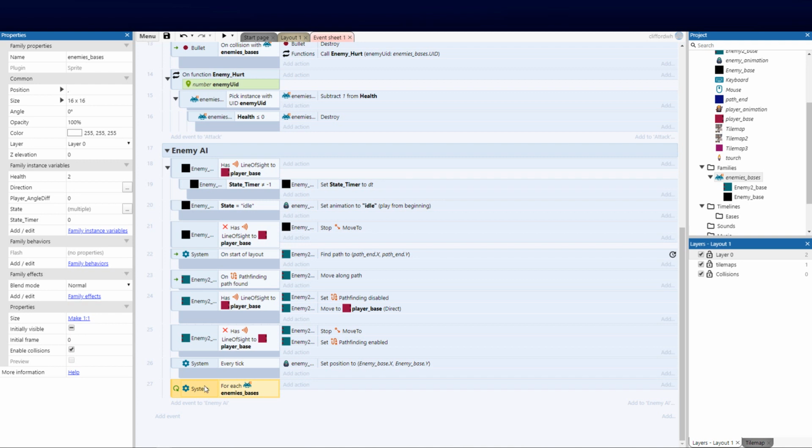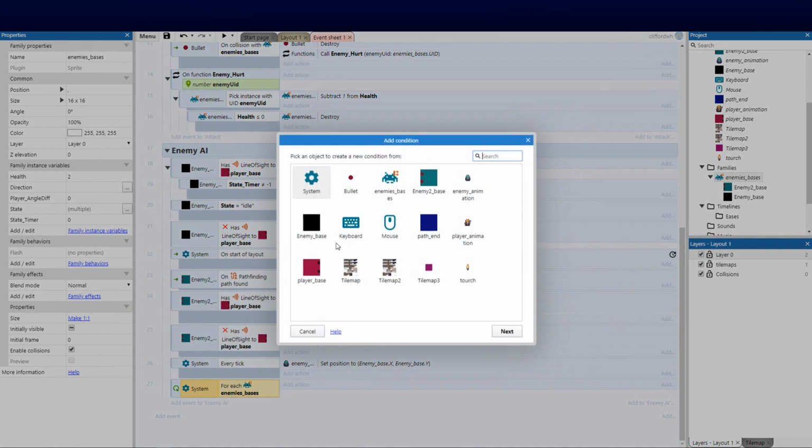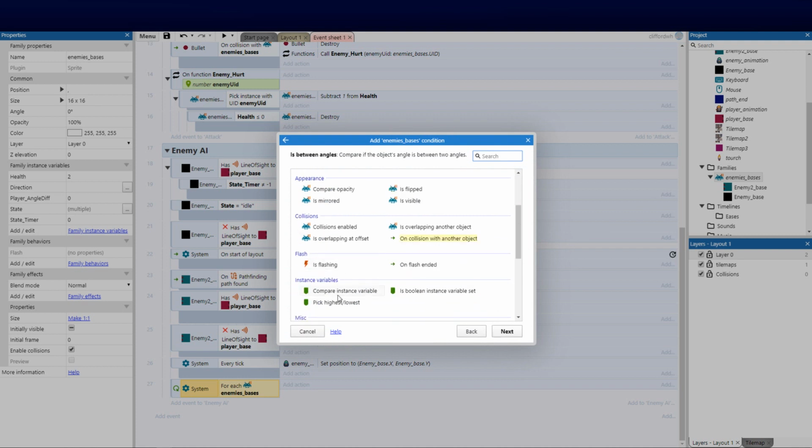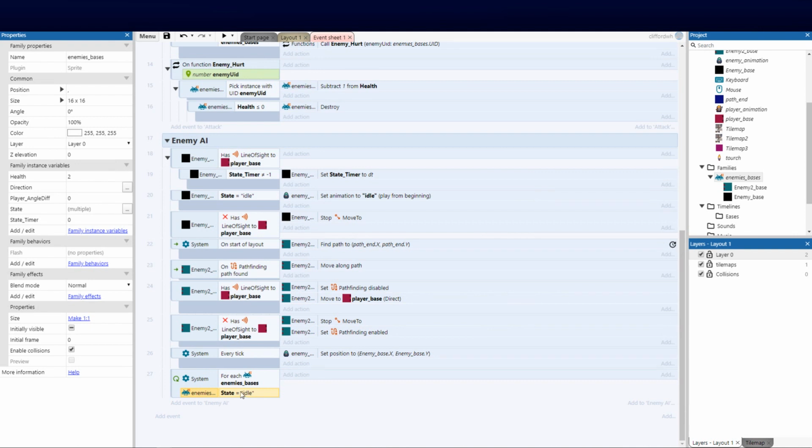I want to add another condition here, because I wanted to apply that when he's on idle. I want to add another condition, and I want to say the enemy bases, compare instance value, and I want to say state is equal to idle, obviously. So now my condition reads: all the enemies, if their state is set to idle, set their angle for me